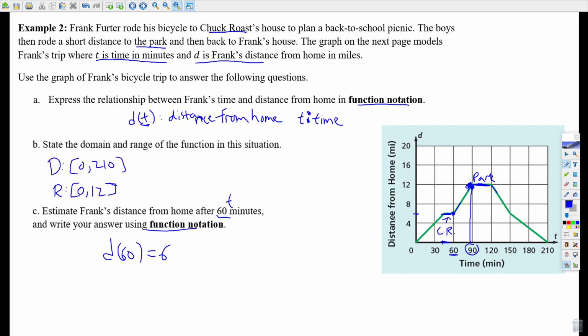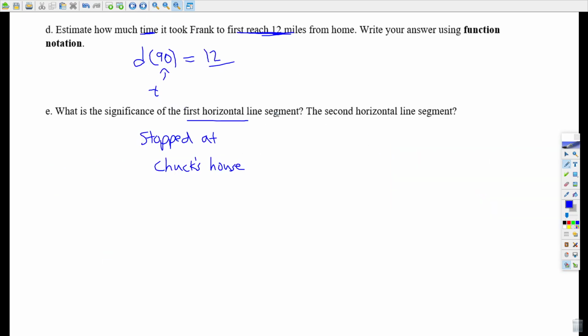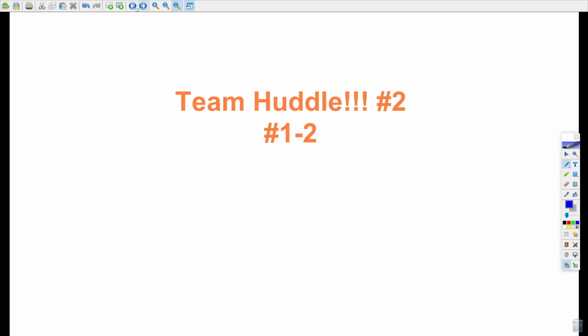And you could even estimate how long he was there. It's probably like 45 minutes to 60 minutes, so probably about 15 minutes. And then the second horizontal line, he was there longer with Chuck. Him and Chuck were there at the park. So the second horizontal line was stopping at the park. So that's all the new stuff